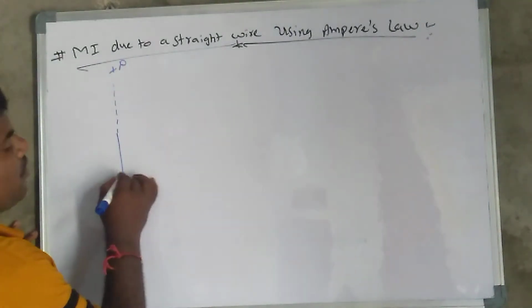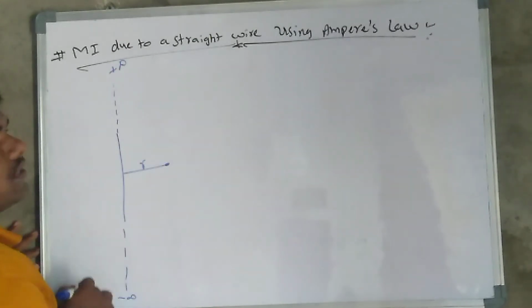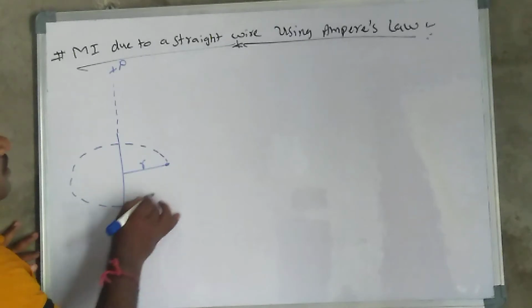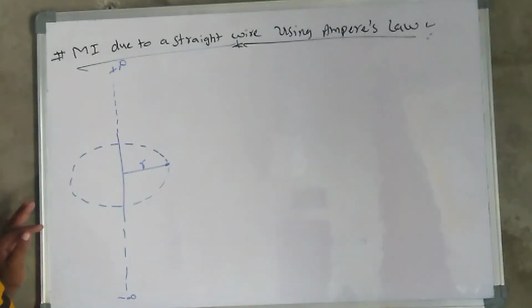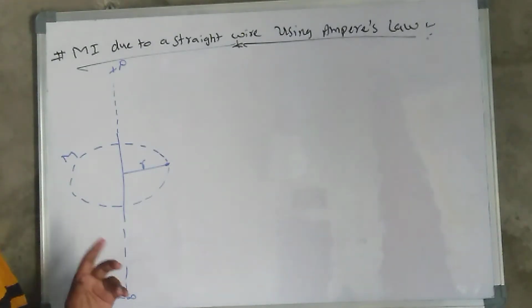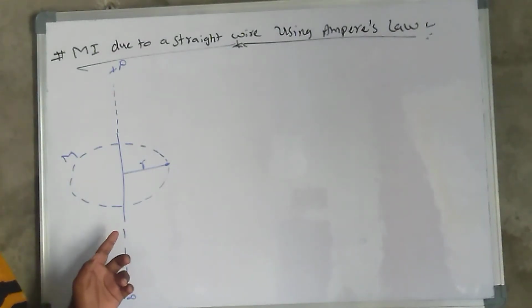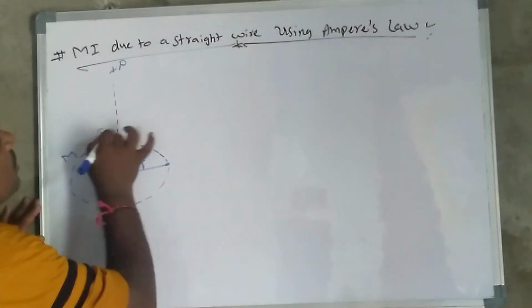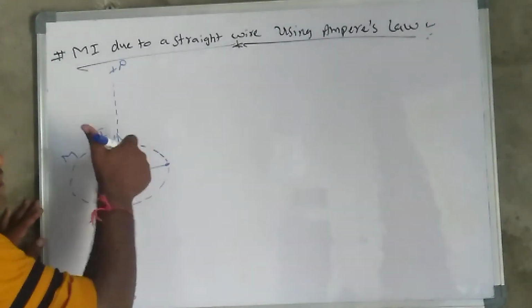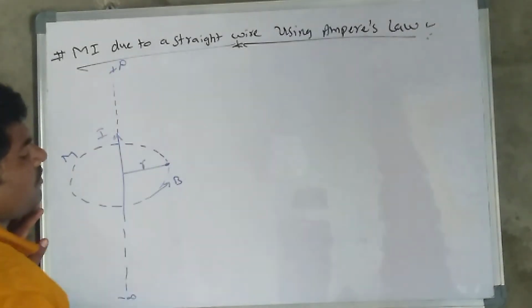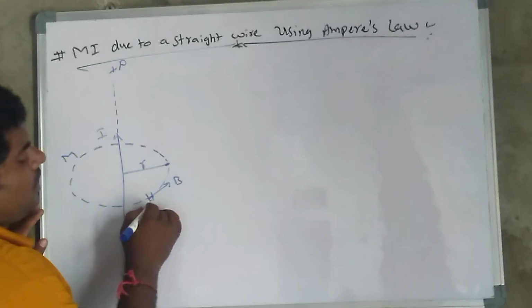So due to this point P, here the R, you may draw a circle, a closed path. This path I would like to call capital M, the closed path enclosed by that path. Here the tangential, when the current is moving in the upward direction, here this is the magnetic field direction, tangential, and here the dl direction.